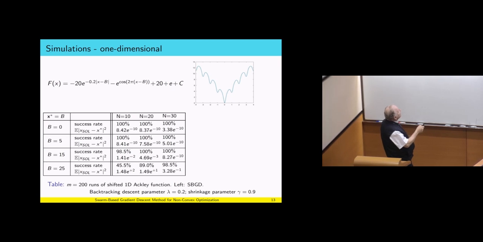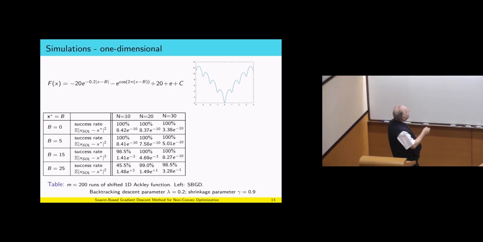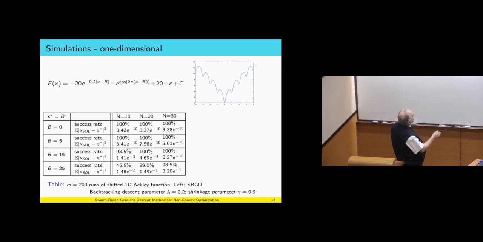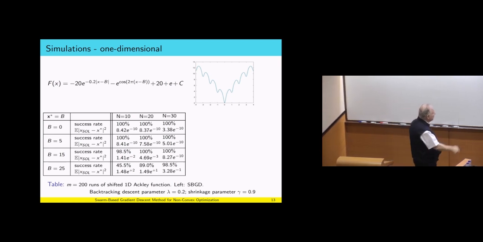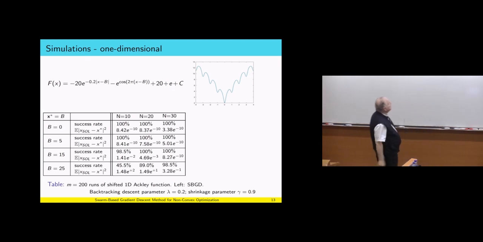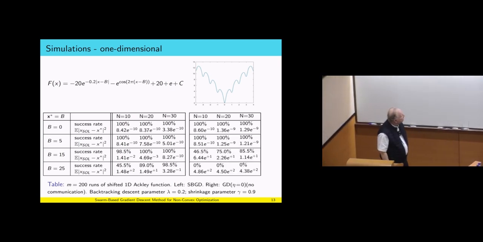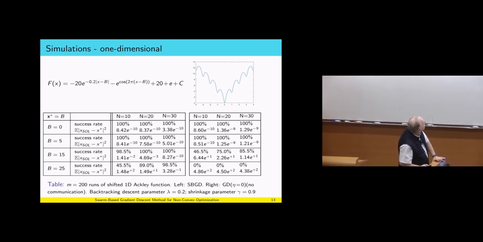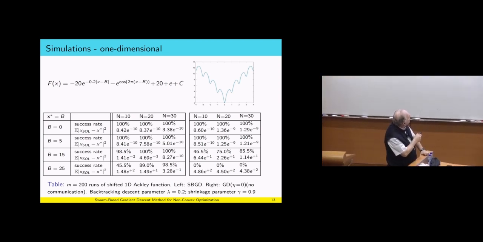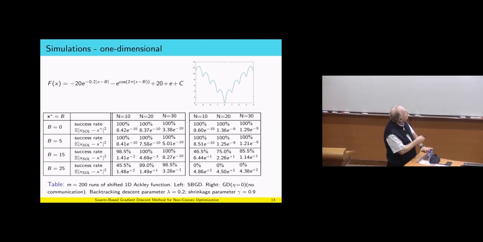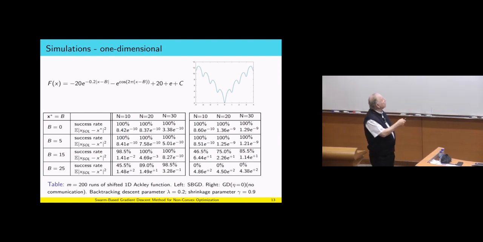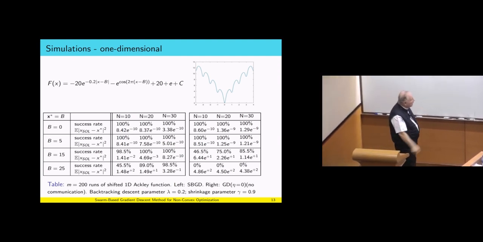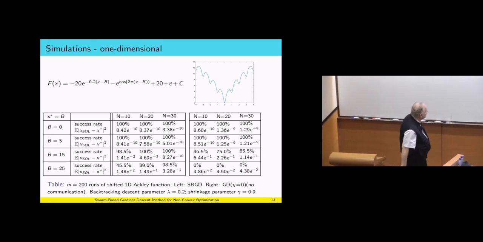So you can see here that the success rate, depending on the b, is decreasing, well, depending on the number of agents, as we shift the b's in this case. Okay, here are the parameters if you're interested. The shrinkage parameter is 0.9, and the descent parameter is 0.2. Okay, fine. So what you get here is on the left the SBGD, and on the right you get essentially the gradient descent with no communication, and you can see now the difference that this actually does converge and this does not, particularly when b are large. When b equal to 0, there is almost no difference.